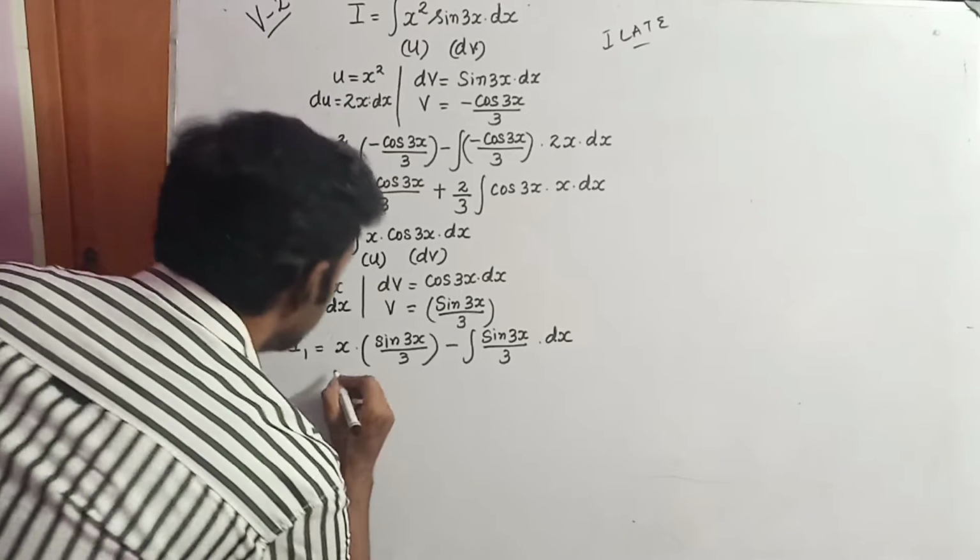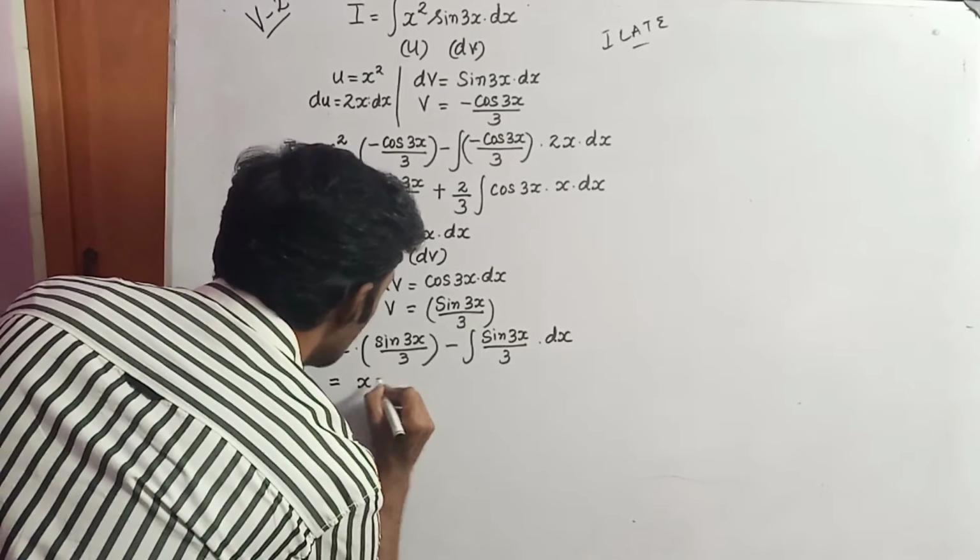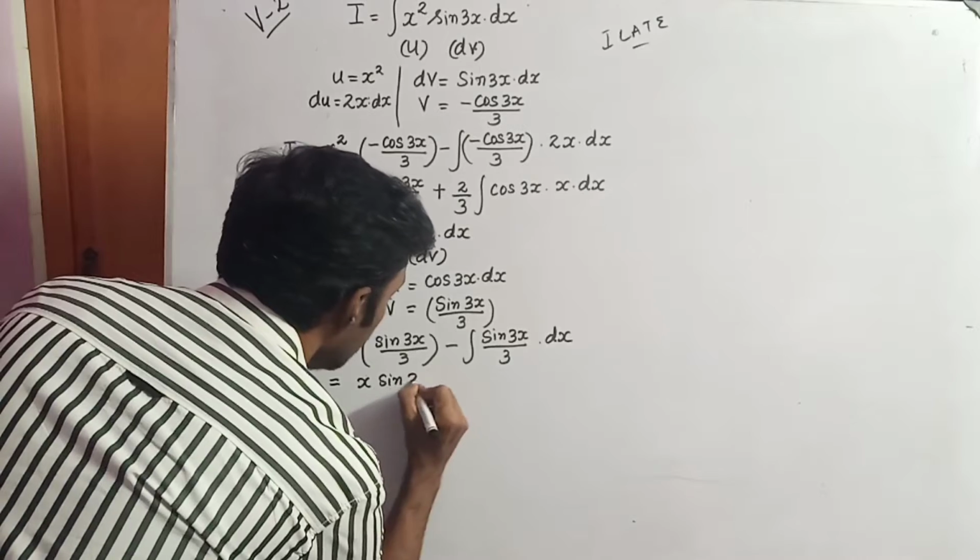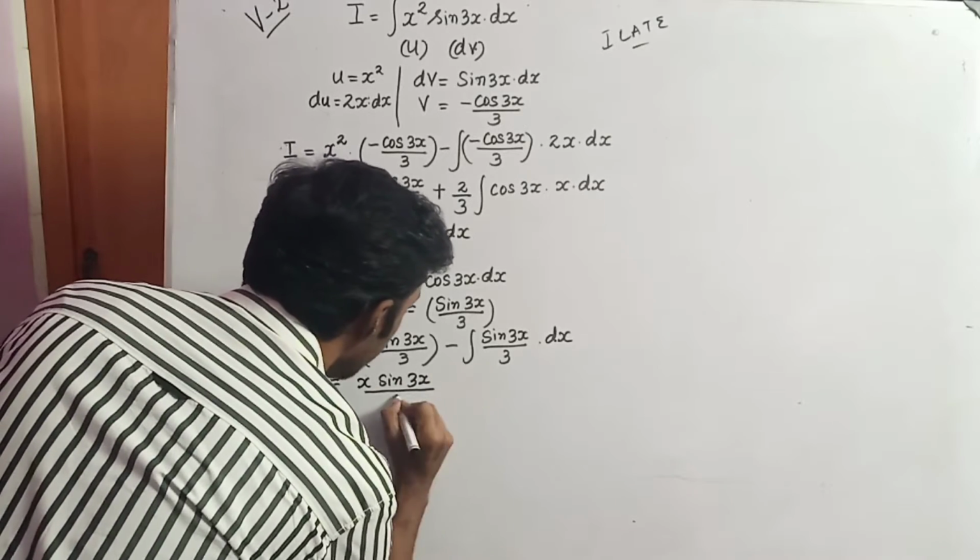So now this will yield x into sine 3x divided by 3